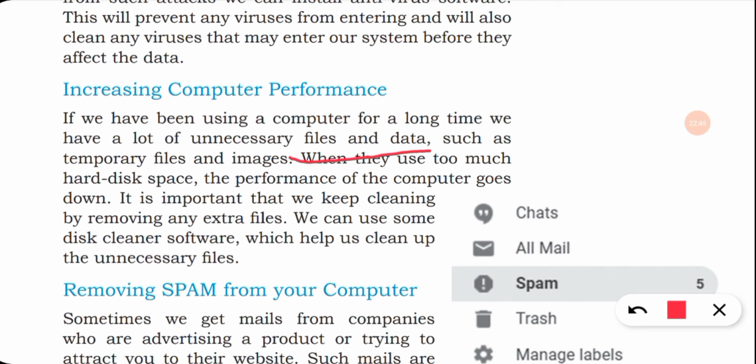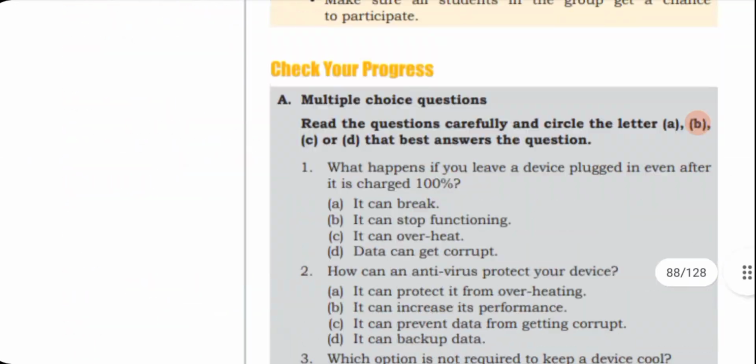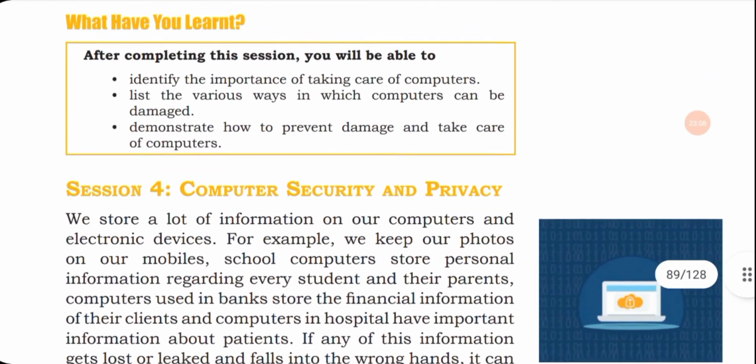It is important that we keep the disk clean, that is, remove unimportant or useless or temporary files and images. So it will create extra space, or we can use disk cleaner software. It will clean up the unnecessary files. Likewise, we can increase the performance of the computer.